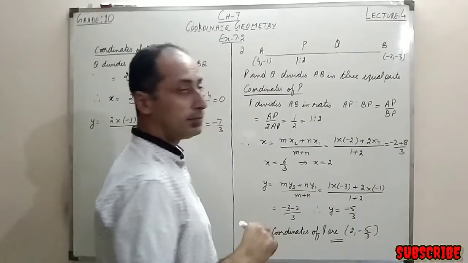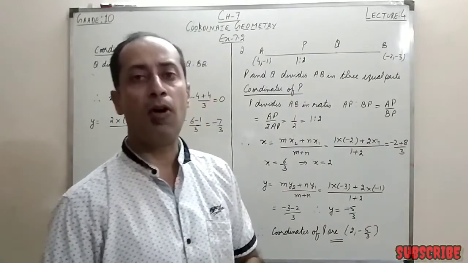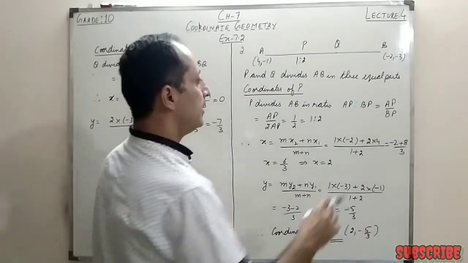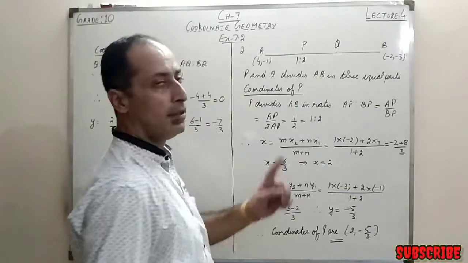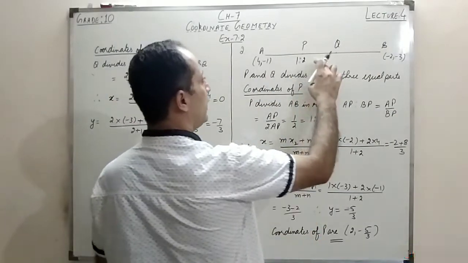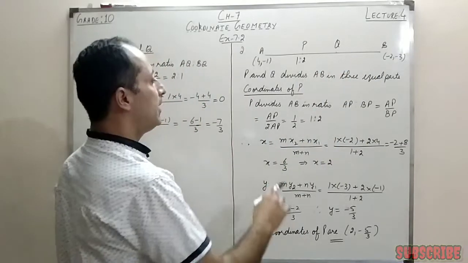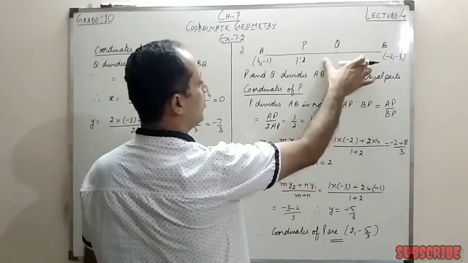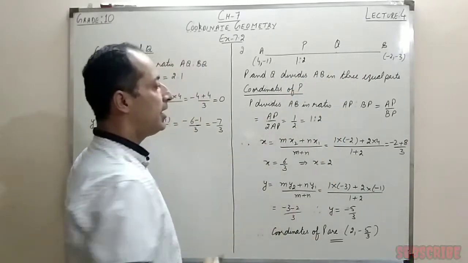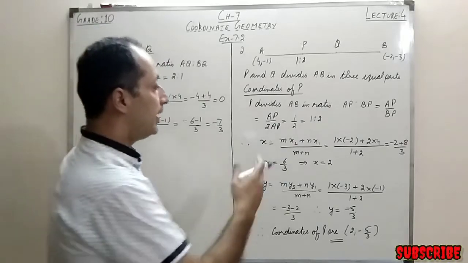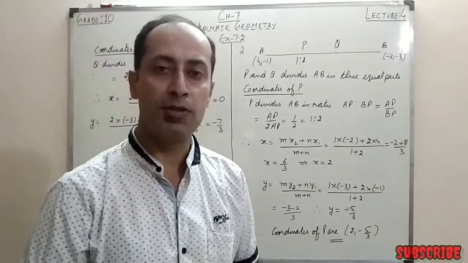Now, as I said, this AP, this PQ and this BQ, they all are equal. It means this BP is double of this. If suppose AP is 1, this is also 1, this is also 1. So it means the BP becomes 2. So we can write BP as 2AP because all the three are equal. So we can write it as AP upon 2AP and that is 1 by 2. It means P divides AB in the ratio 1:2.